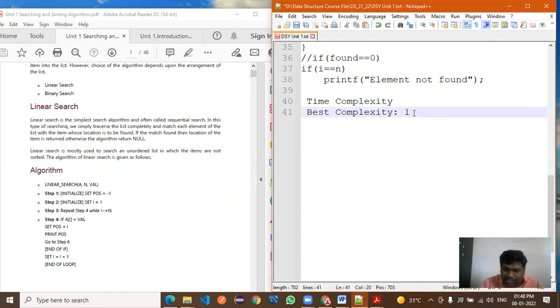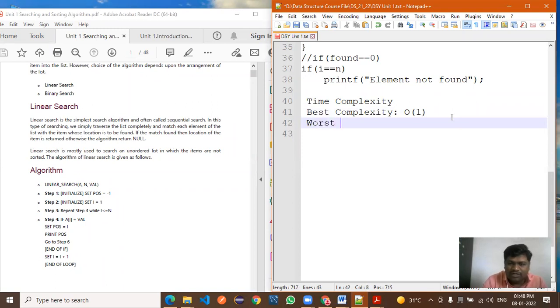After that, now here complexity is denoted by using the big O. Now here the best complexity of the linear search is big O of 1. Best complexity, all of you remember. Best complexity of the linear search is big O of 1. Now in which case? If the element is present at the first position, right? If the element is present at the first position only. Now the second case we'll discuss, worst case.